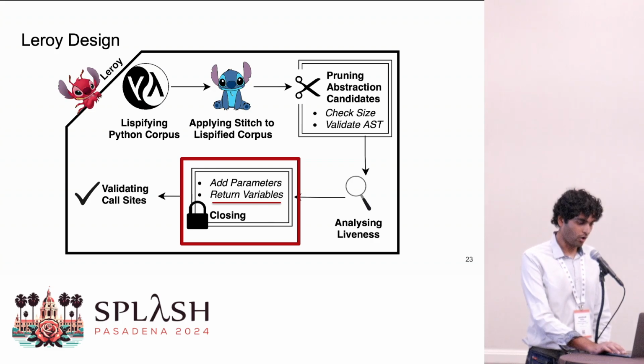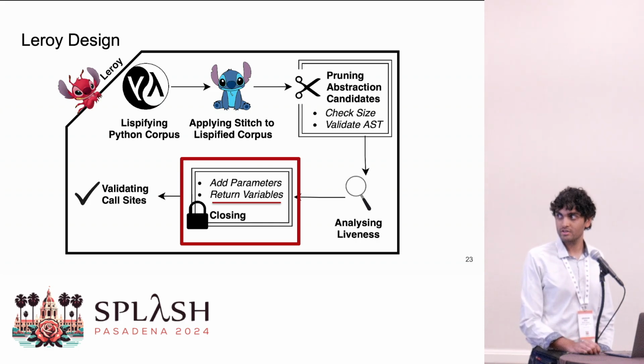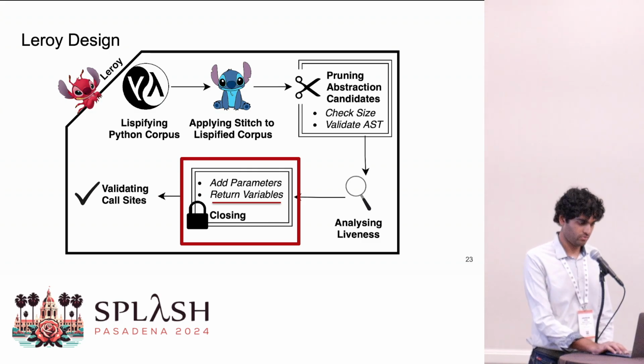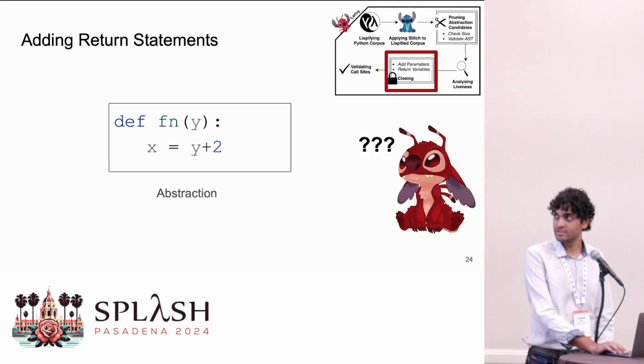Finally, we augment these abstractions coming from Stitch so that they're well-formed Python functions. To do this, we add additional parameters if necessary, and also add return variables as required. Let's take a look at how we add return variables. So if this is a function that is suggested,